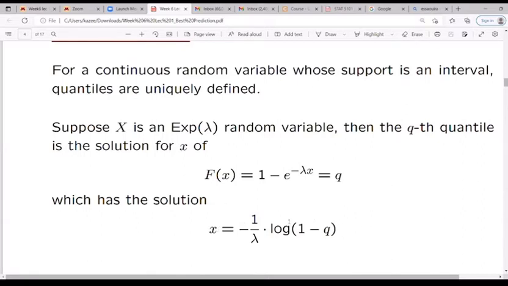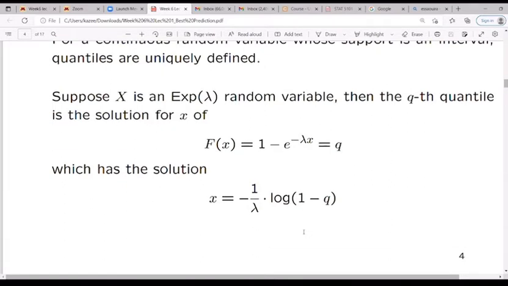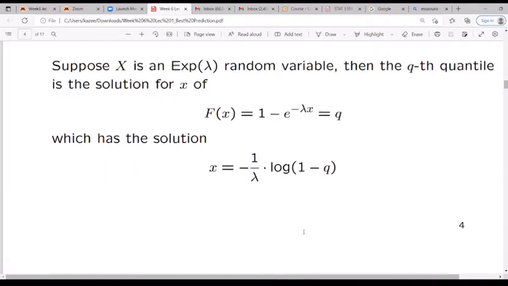And of course, I told you what you can use a quantile to figure out. We can use a quantile to find the median, the lower quartile, the upper quartile, and so on. All you need to do is plug in the appropriate value for Q. When Q equals 1 over 4, you have the lower quartile. When Q equals 1 over 2, you have the median. When Q equals 3 over 4, you have the upper quartile. Of course, you can determine that when you're given lambda. Don't forget lambda is the parameter of an exponential distribution.